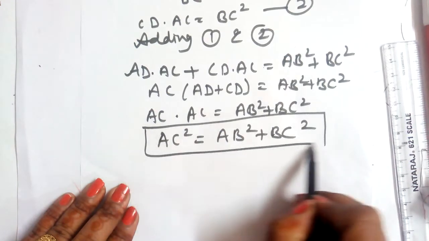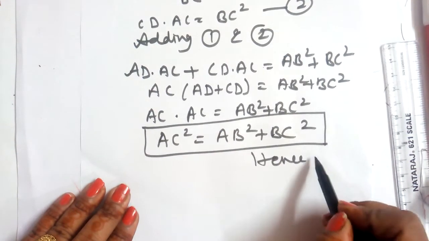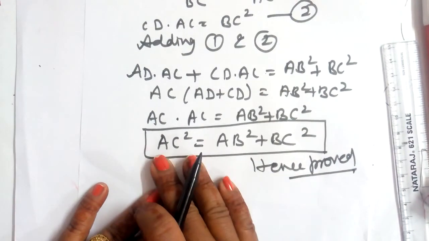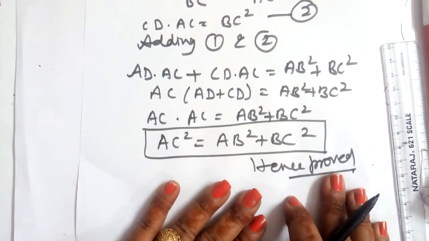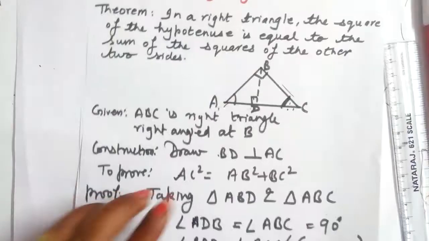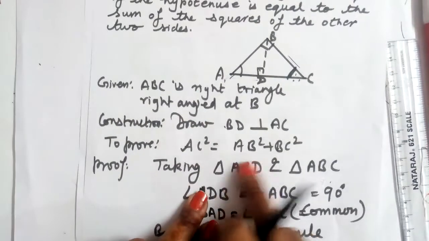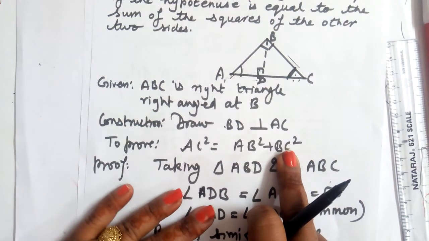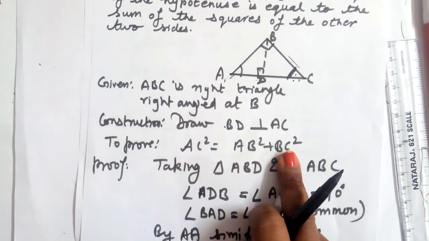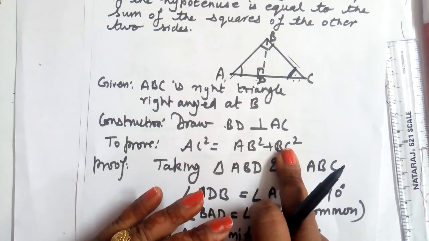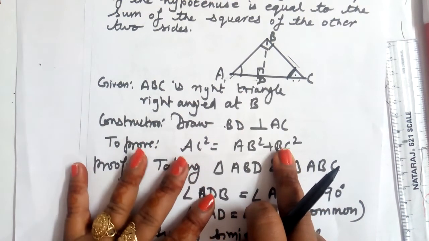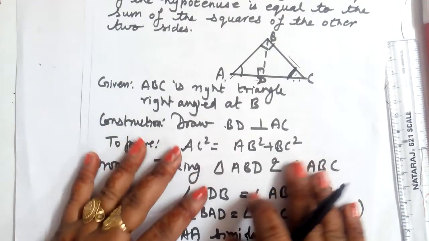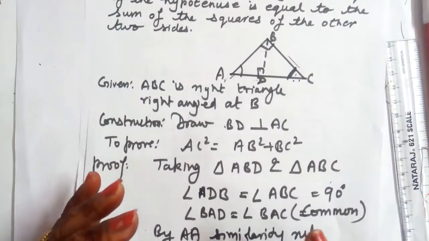So hence it is proved, and we know that we have proved Pythagoras theorem, meaning hypotenuse square is always equal to the sum of the squares of the other two sides. That we need to prove here. So I hope it is very clear, and the proof of this Pythagoras theorem is very important and an expected one also from the board point of view. So it's my advice to just do practice. If you are unable to understand, then learn it, but it is very important.